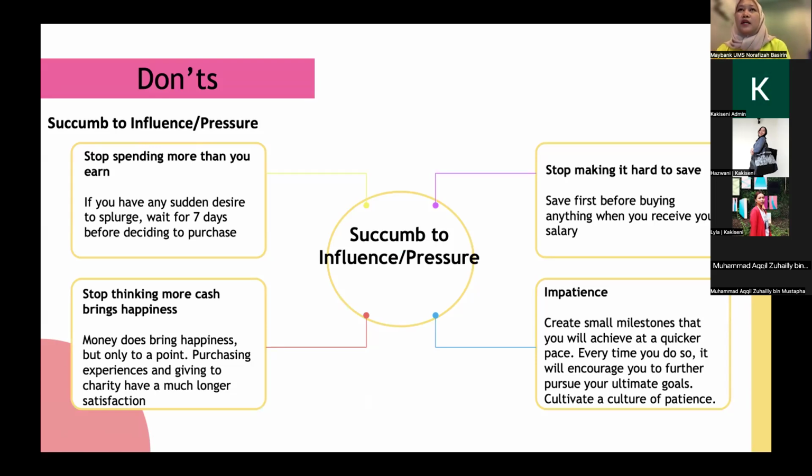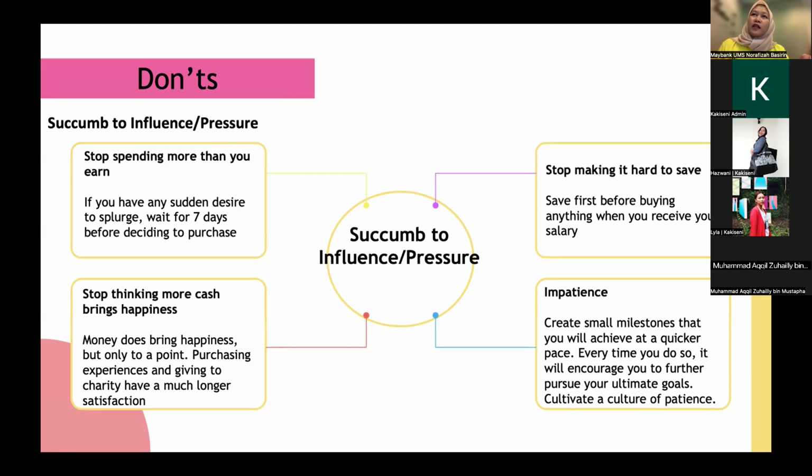For example, I don't have time to cook, so I go out and eat out. So that is basically like help for me. Money is helping me to get through life, but at the same time, it is something that I still need. But the experience that I get when I purchase something and give to charity is much more